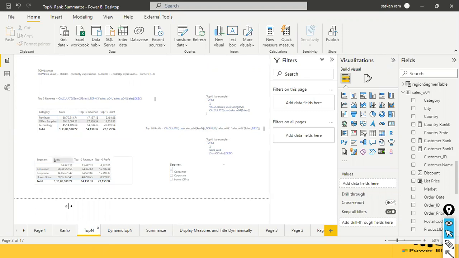Whereas in the case of the rank X function, what it does is it ranks based on a specific column. So in the case of country, which country ranked number 1 with respect to sales? If you want to see that, you can see that one. So in that case, that is the difference. Okay. And apart from this,